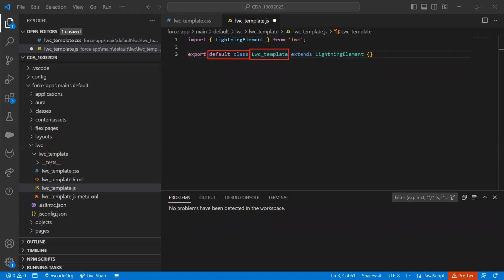What I am doing is I am extending the lightning element. Now what it is doing actually, I am exporting the class, right? Whatever logic we are writing inside this LWC component, we are going to export that class, this LWC template class, which is nothing but a complete LWC bundle